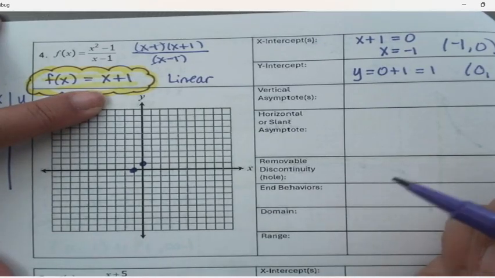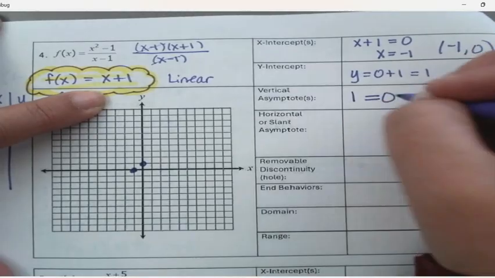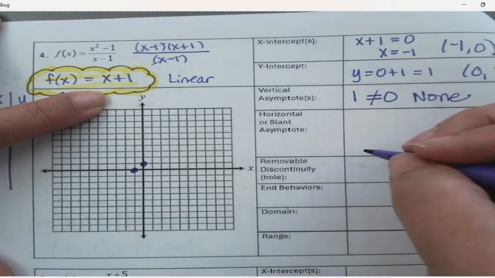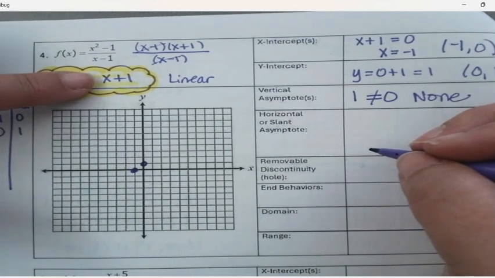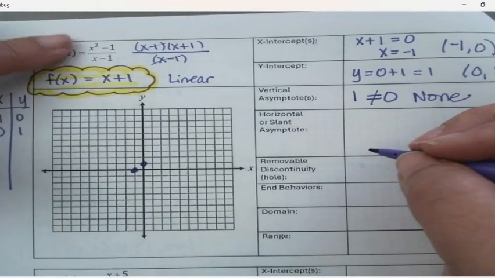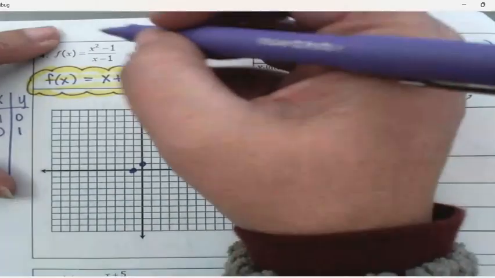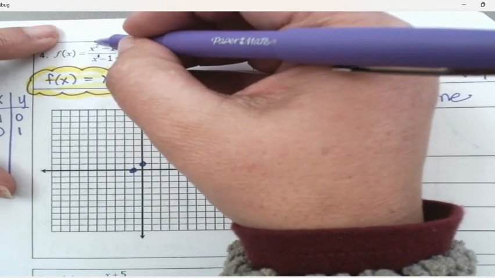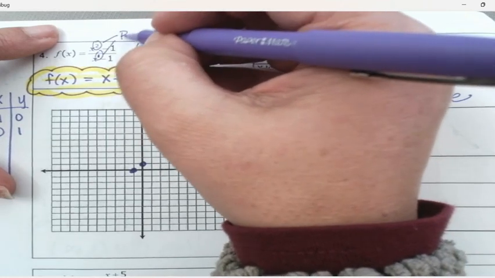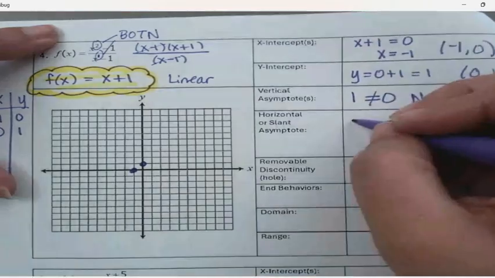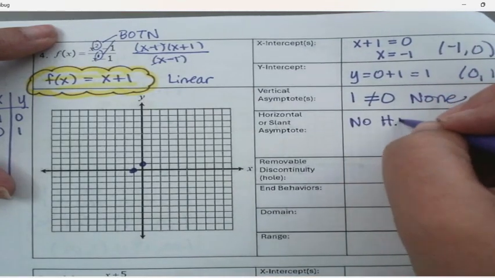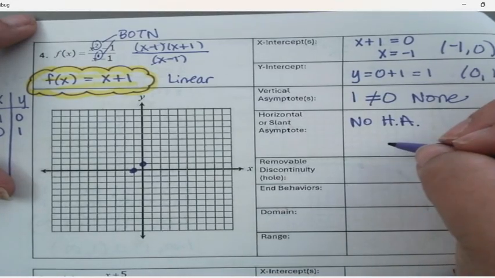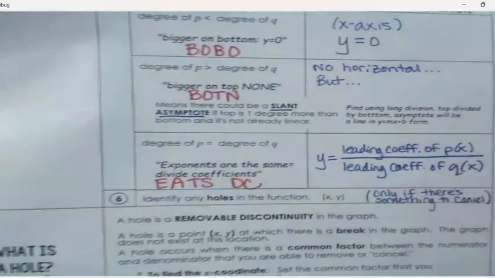To find the vertical asymptote, I set the denominator equal to 0. What is my denominator? A 1. 1 equal to 0. Does that make any sense? No, there's none. Horizontal or slant asymptote. It doesn't matter if you look at the simplified one or the original one. You're going to get the same conclusion. So if you just glance back real quick at the original, am I bigger on top, bigger on bottom? Bigger on top, right? The 2 is bigger than the 1. Bigger on top? None. That means there is no horizontal asymptote,